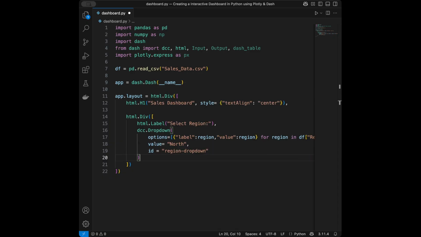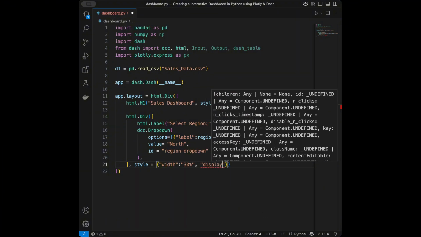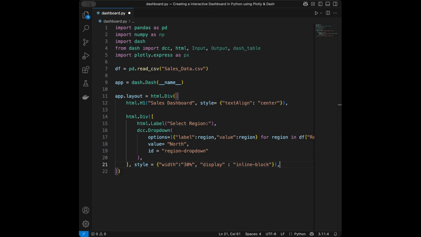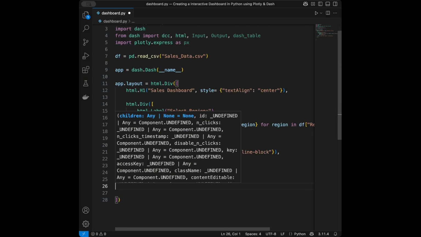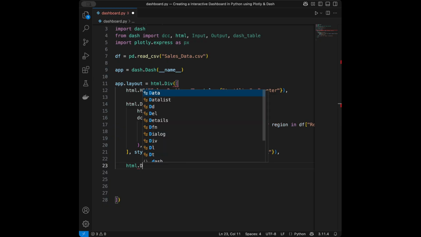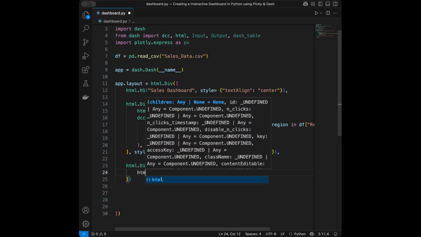After the first parenthesis, style is going to be, we will pass width, it's going to be 30%, and display is going to be inline-block like this. Okay, cool. Next, what we are going to do is I'm also going to press enter a couple of times. html.Div, we are going to give html.Label